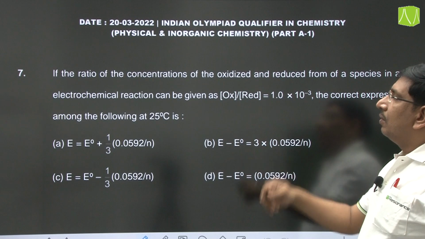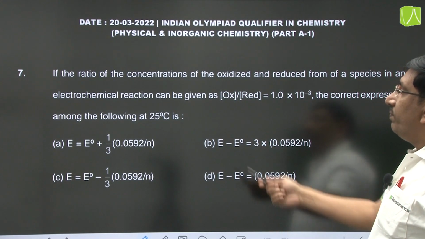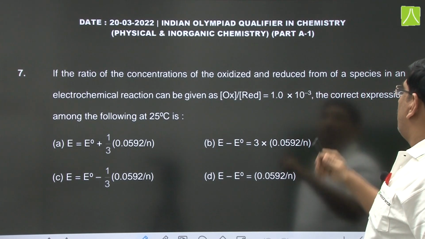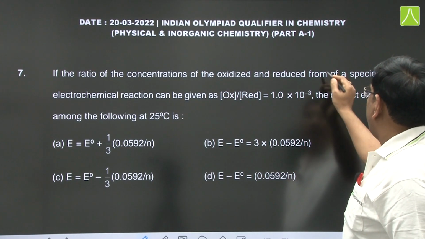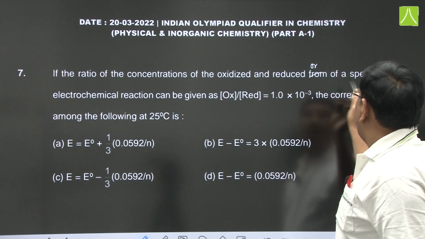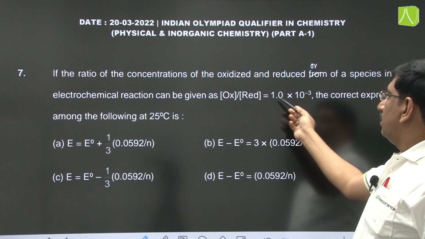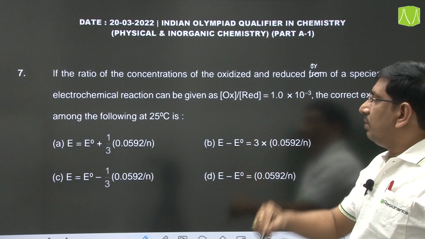Next, another question related to this electrochemistry. If the ratio of concentrations of oxidized and reduced form of a species in an electrochemical reaction can be given as 1 into 10 power minus 3, the correct expression among the following at